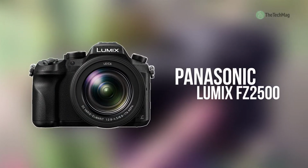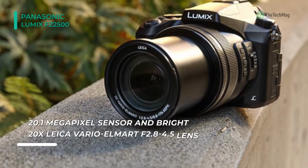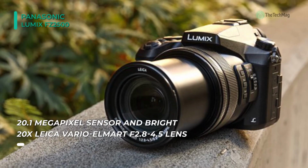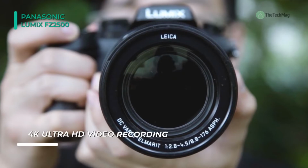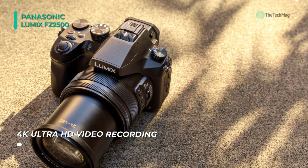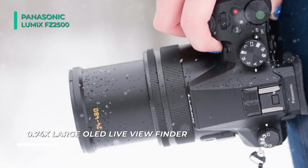If there was ever a point-and-shoot that could do almost anything, the Panasonic Lumix DMC FZ2500 digital camera comes close, with an unbelievable mix of advanced photographic abilities, in addition to a 20.1 megapixel 1-inch high-sensitivity MOS sensor and exceptional video specs, which include DCI 4K format video at a true 24 frames per second. Complementing all of these functions is a handy Leica DC Vario-Elmarit f/2.8 to 4.5 lens